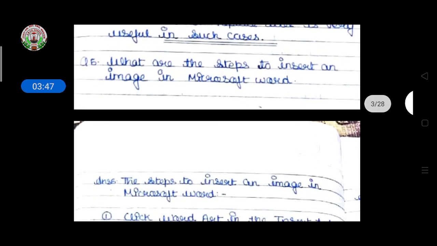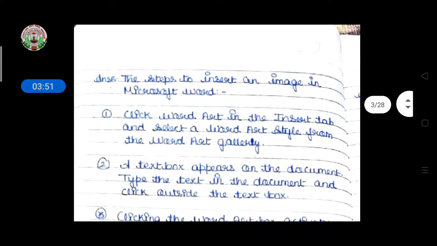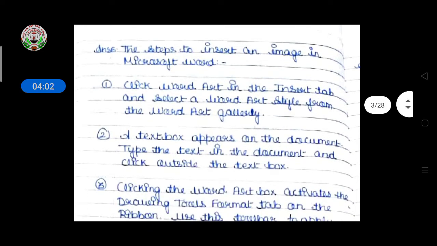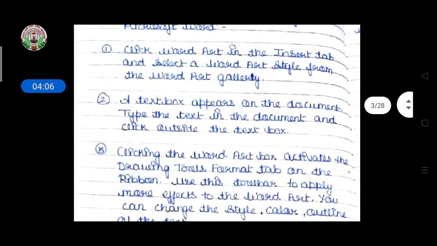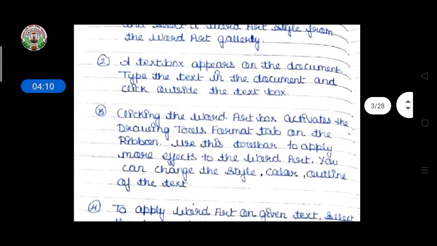Then, what are the steps to insert an image in Microsoft Word? The steps: first, click Word Art in the Insert tab and select a Word Art style from the Word Art gallery. A text box appears on the document. Type the text in the document and click outside the text box.